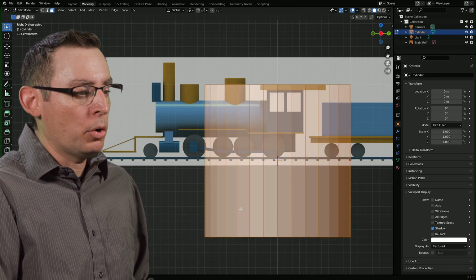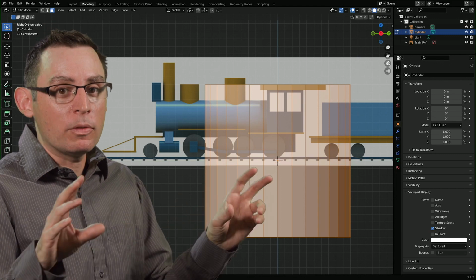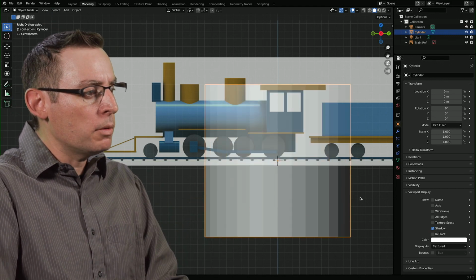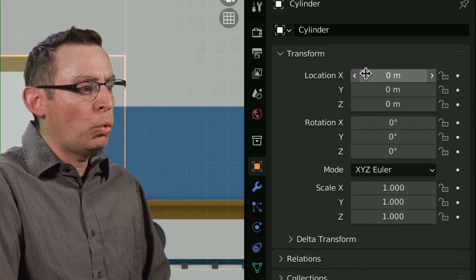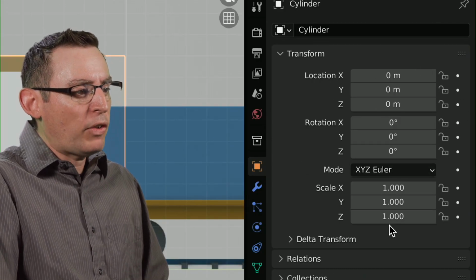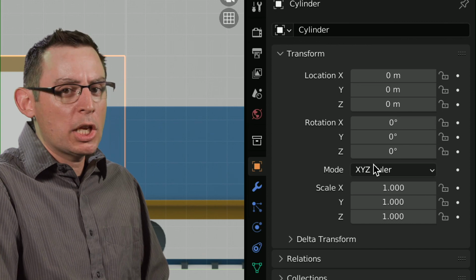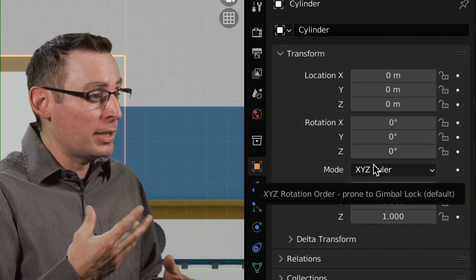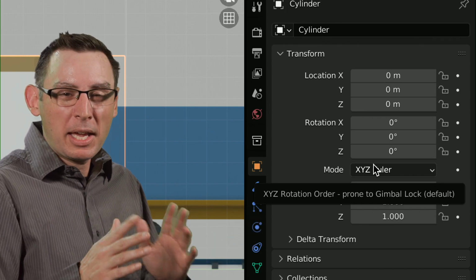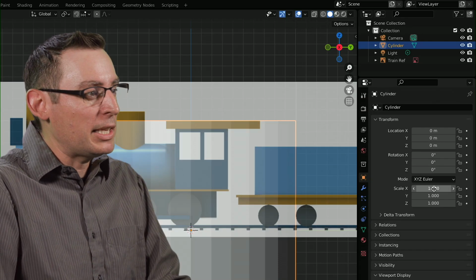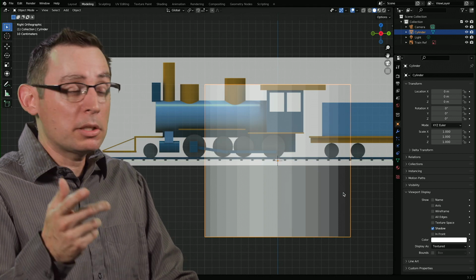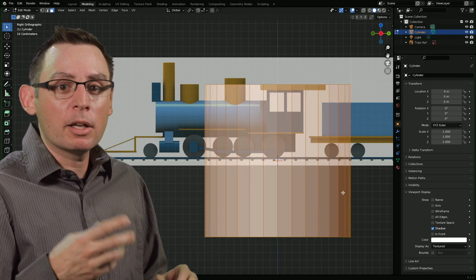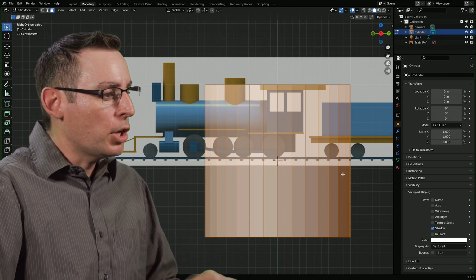I'm going to hit the Tab mode. I want to try to do as much of this in component mode as I can. At times, when we start to translate and transform at the object level, these values in here, the location and the rotation, can have a negative influence on any modifiers, bevel operations, and any number of things. So it kind of turns into a sticky little beast at times. However, if we're disciplined and always work in edit mode, we're almost setting ourselves up for success, which is pretty good. So let's go ahead and get started.